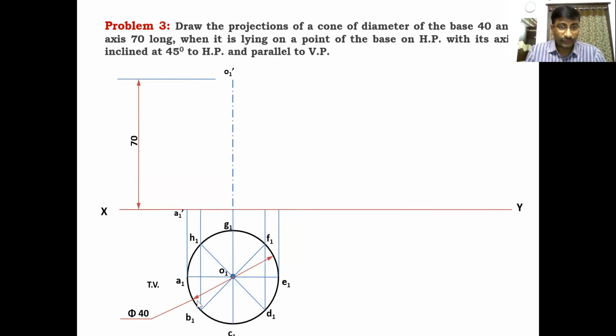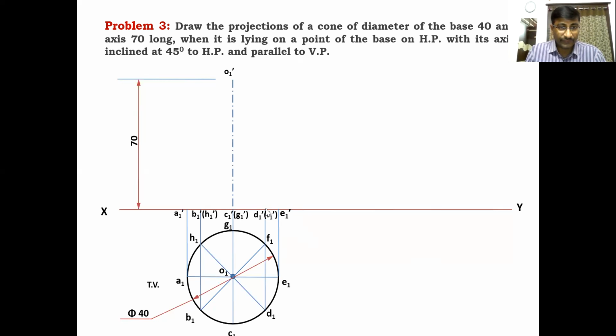Out of these two, these coincide with each other. Out of these two, B is the visible point and H is the invisible. Here I'm locating B1 dash of H1 dash, because it is for the first stage. And this point is C1 dash of G1 dash. And this point becomes D1 dash of F1 dash. And the last point in the visibility is E1 dash. Clear? This is E1 dash, the last point.